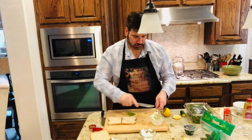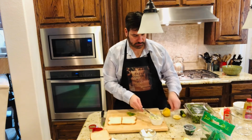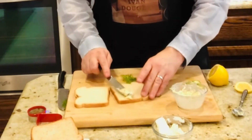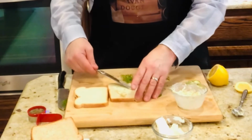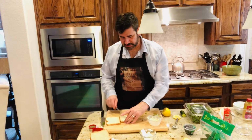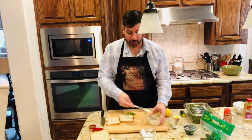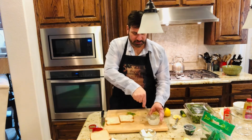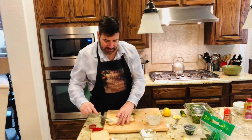And now, what I'm going to do is I'm going to add this to my bread. We will be cutting off the crust. You definitely don't want the crust on an English tea party sandwich, afternoon tea. You want it to look good. It needs to be light, dainty,